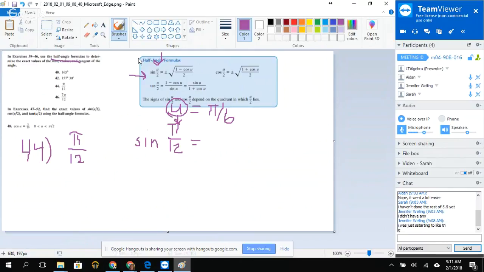Okay. So if I have the sine of pi over 12 and I know my u value is pi over 6, then if I use this half angle formula, I know that the sine of pi over 12 is plus or minus square root of 1 minus the cosine of u. So the cosine of pi over 6, all divided by 2. Okay, so now is where I bust out my unit circle,